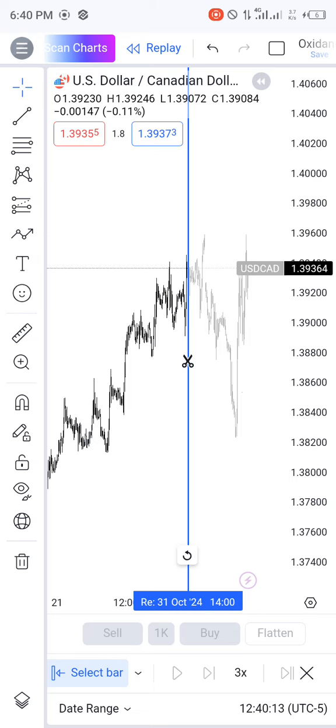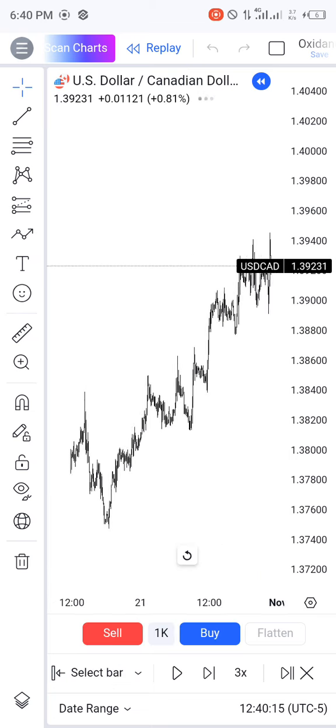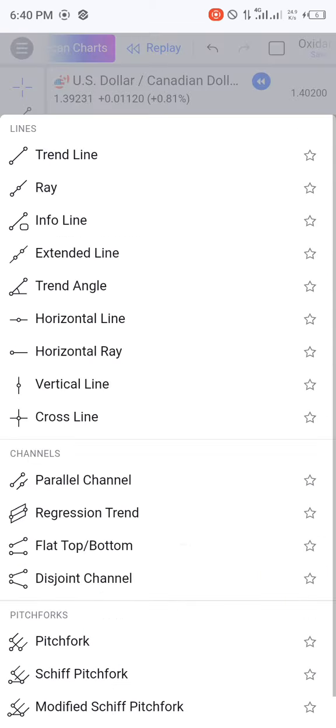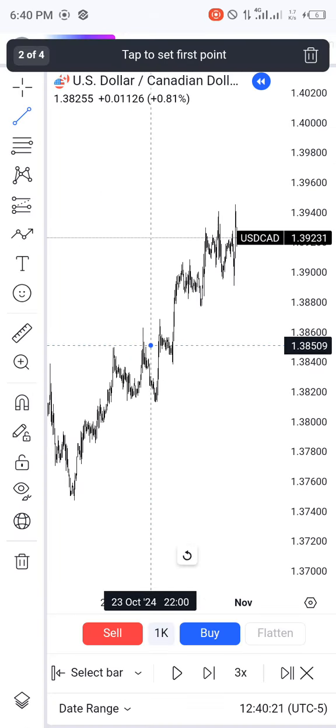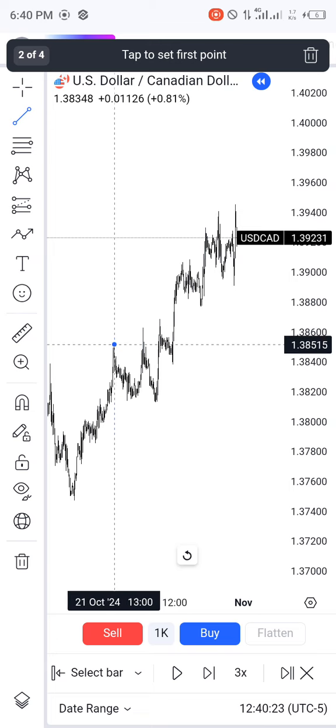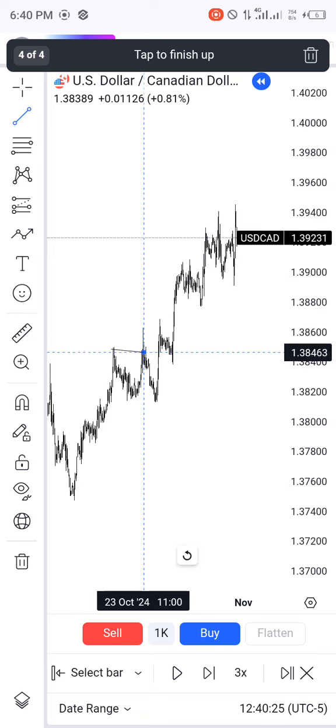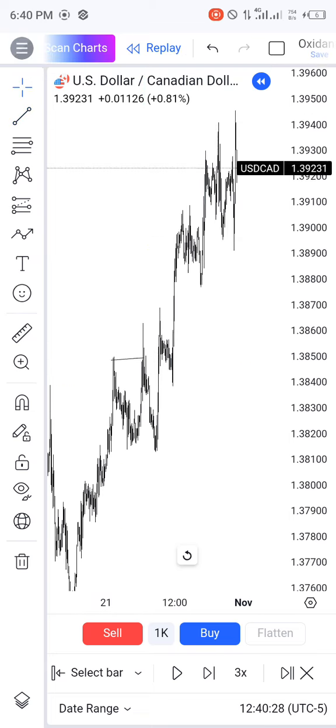Okay, so let's say this is a break of structure. This is a break of structure. So if you actually check,